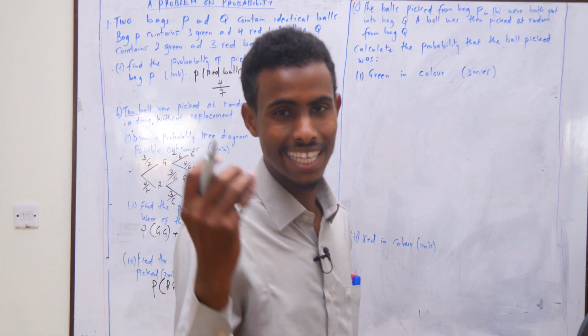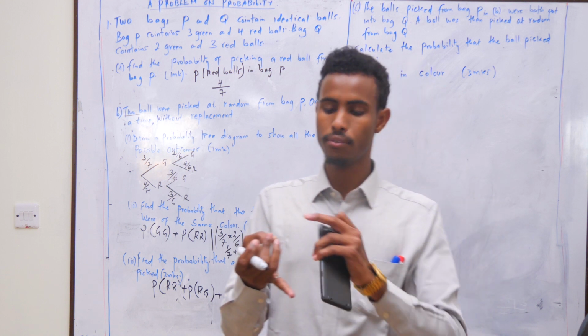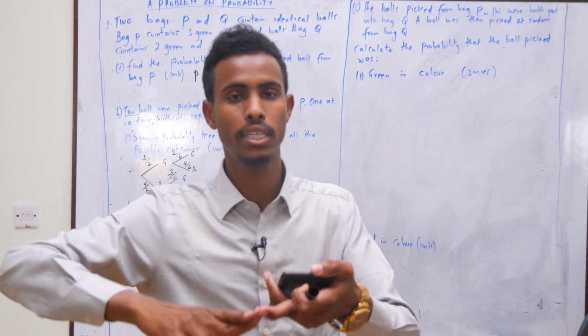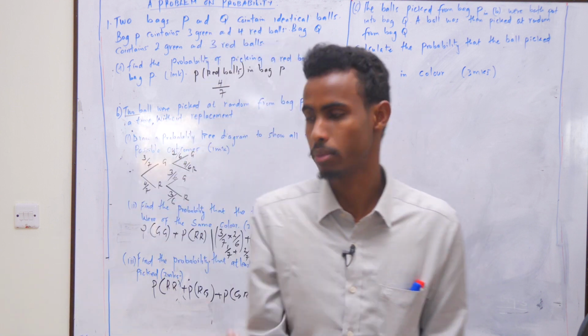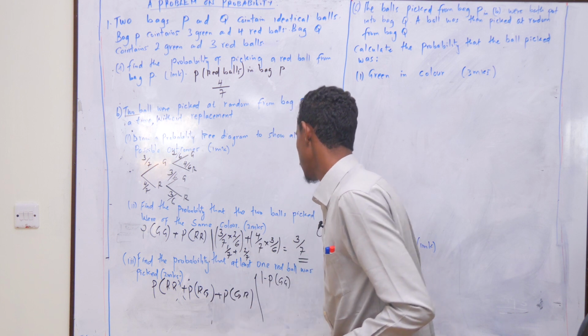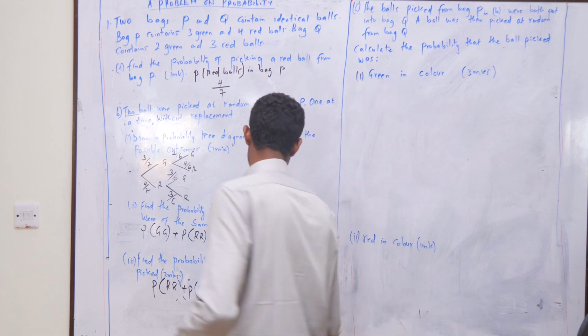Because at least we can have one red ball, we can have 2 red balls, or we can have first red ball emerging followed by green ball, or green ball coming then red ball coming. Now all these ones are the possibility red, green and green red. But now this one is very simple. Here we say 1 minus